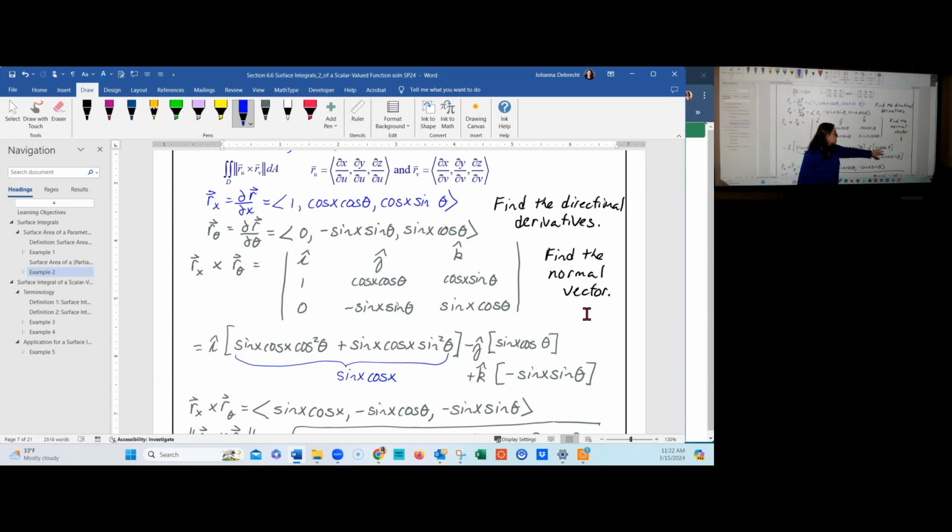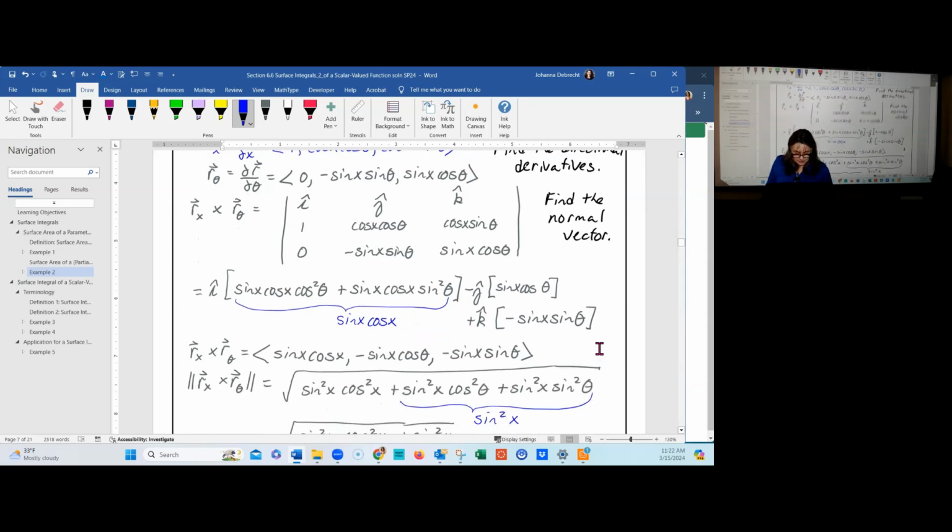So I get a negative sine x cosine theta for my second component of the normal vector. Then I mark out column 3 and row 1, and I get 1 times negative sine x sine theta minus cosine x cosine theta times 0, which gives me negative sine x sine theta for my third component of the